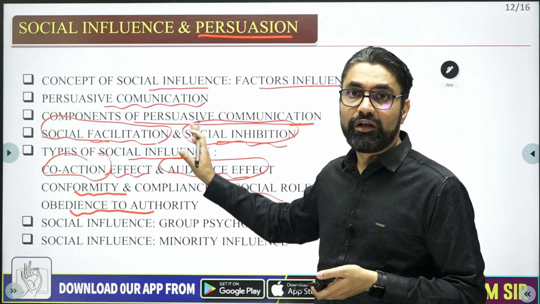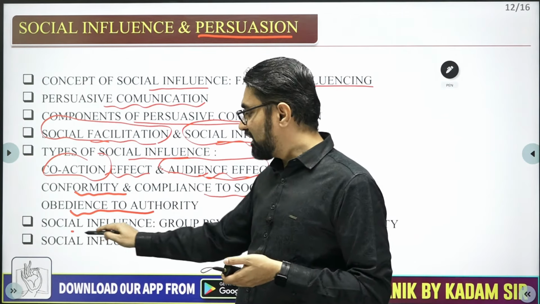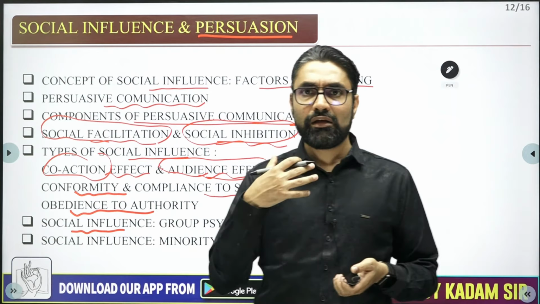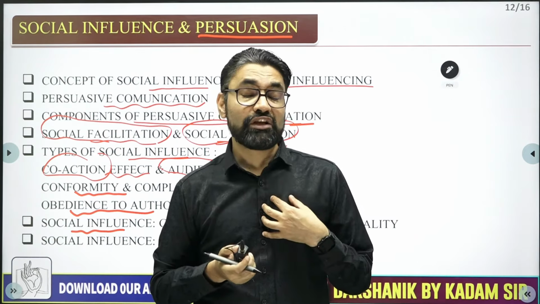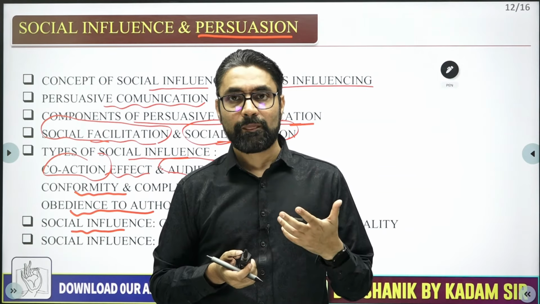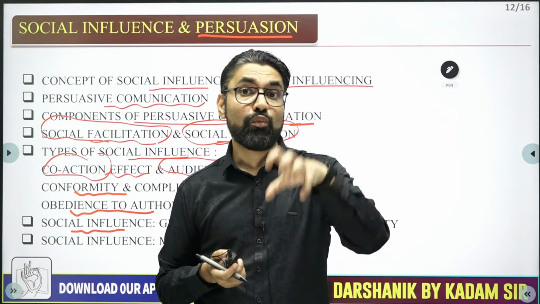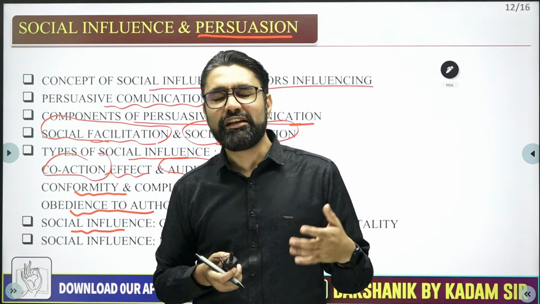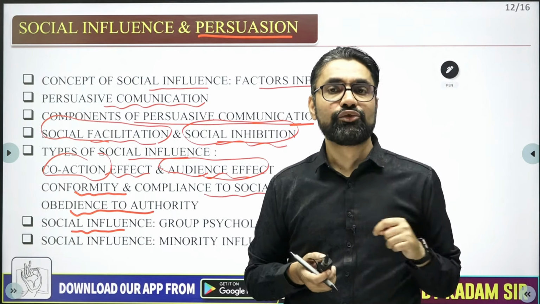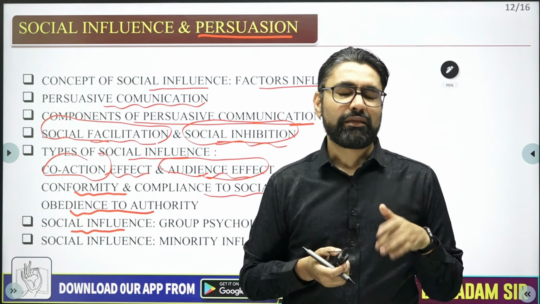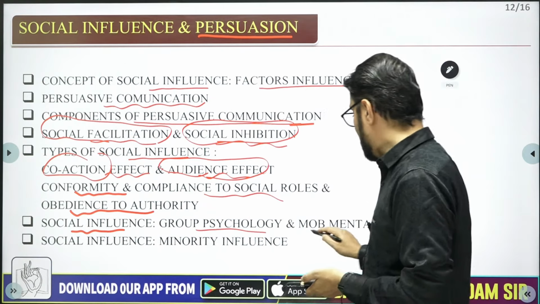So you will have a very good grasp of this concept. Then we will look at how social influence is not only happening with one individual, you alone. Social influence also involves group processes, mob psychology. You as an individual are different than a mob when you are in a group, in a stadium, in a theater. So mob mentality is different than individual mentality. That's why in social influence we have to understand group psychology and mob behavior.